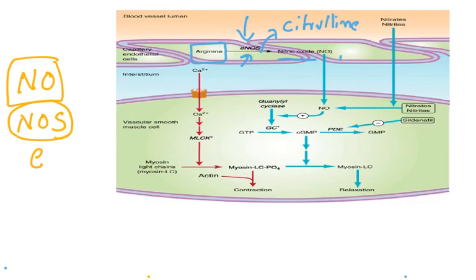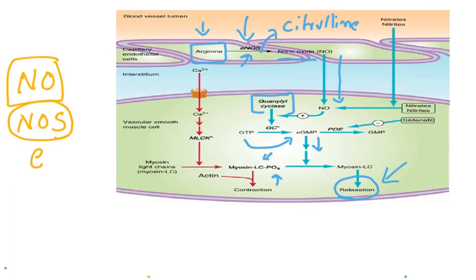This nitric oxide gets here, and that nitric oxide activates guanyl cyclase. Guanyl cyclase is an enzyme which converts GTP to cyclic GMP. Cyclic GMP causes blood vessel relaxation. How does it cause this? It inactivates myosin light chain. See, myosin and actin in combination cause contraction. This myosin is inactivated by cyclic GMP. If myosin is inactivated, contraction will not occur and it causes relaxation. Let me repeat this again. In the human body, arginine is converted to nitric oxide.